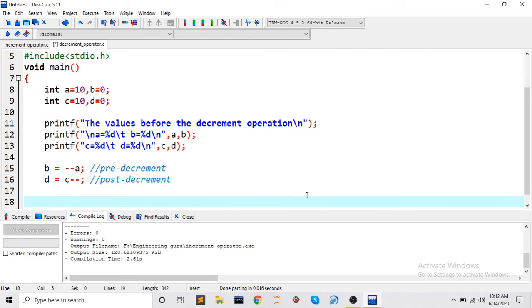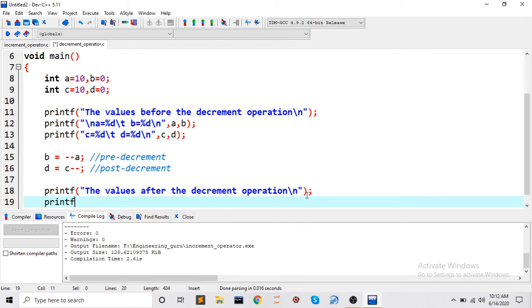Now we will print the values after the operation. We will write one line: the values after the decrement operation. Then we just print the values. What values do we need to print? We need to print a, b, c and d values.